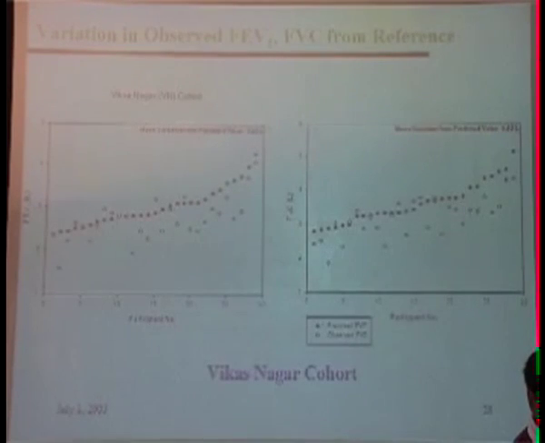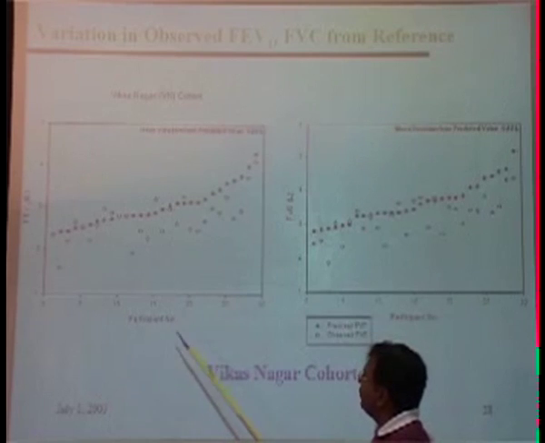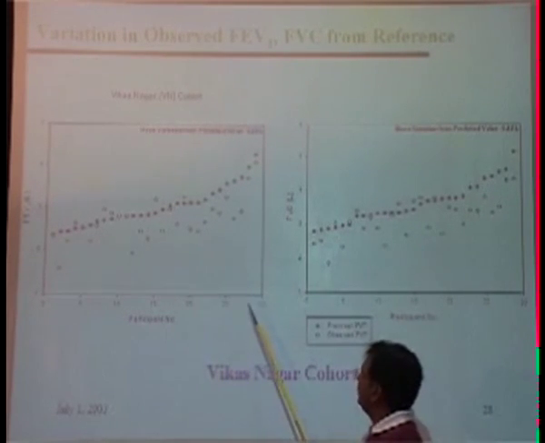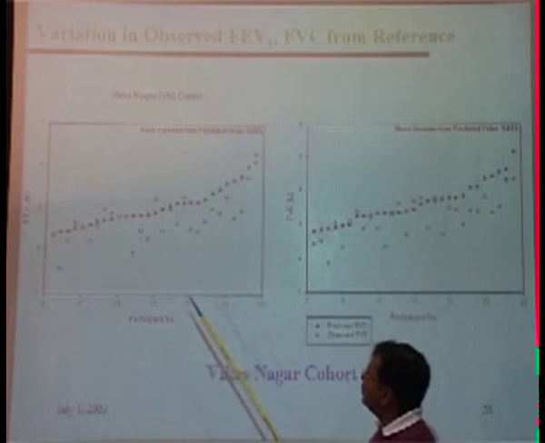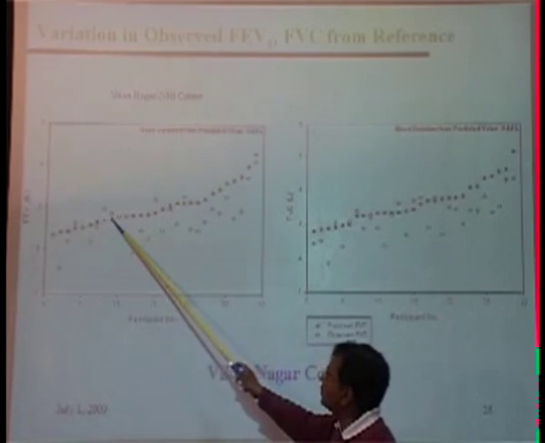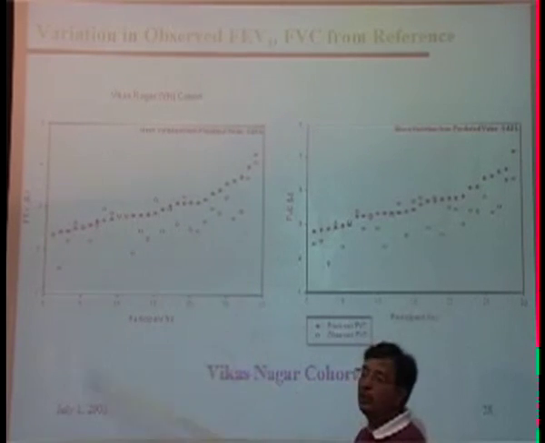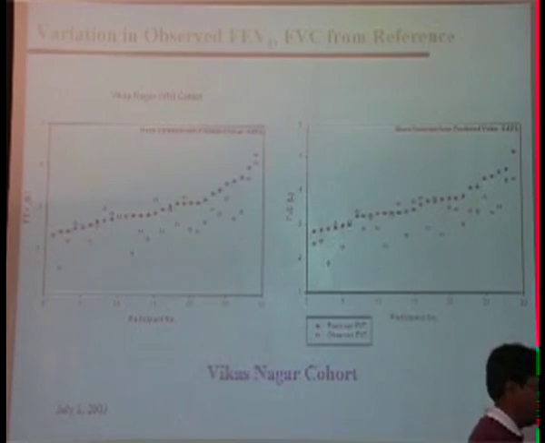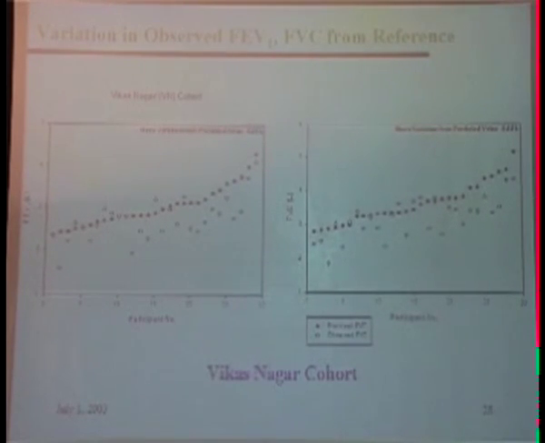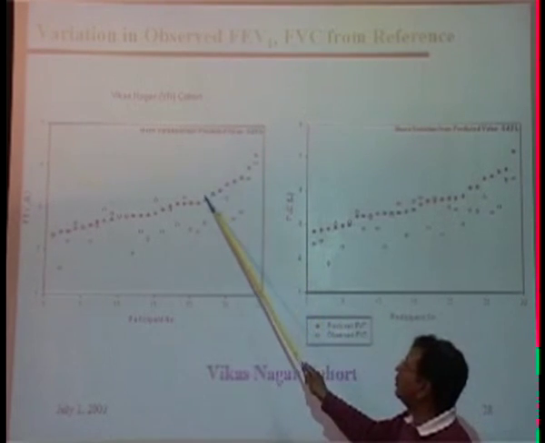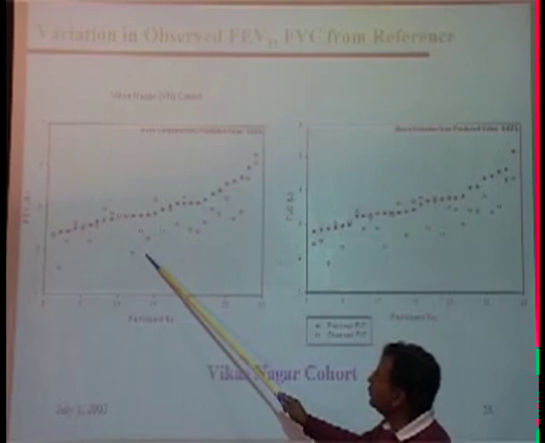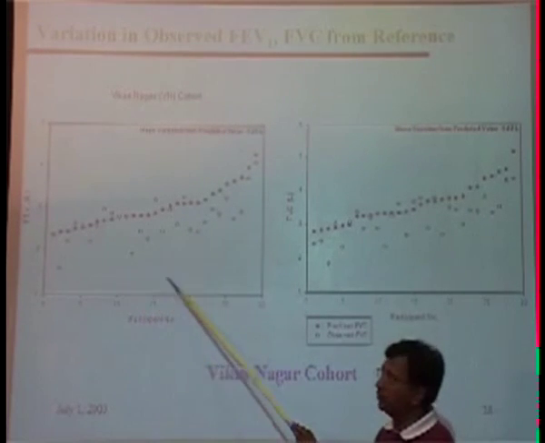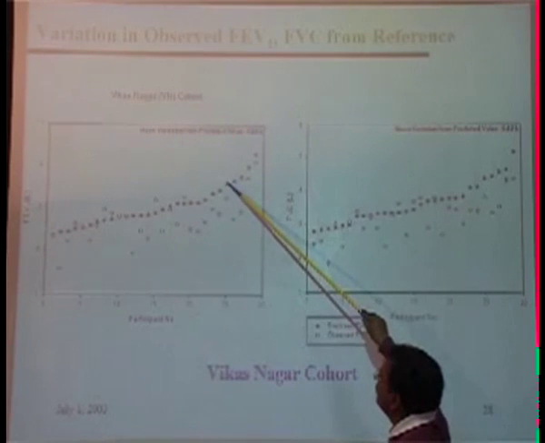The other thing which I must show you is about how the people performed in terms of the FEV1. What the student did was, about 30 people were there. So he plotted the solid spots. This is what they should actually perform based on their body weight, height, sex, and which part of the country they come from. So this is what it should be for the person. And immediately below is what the people actually performed. So there is one-to-one correspondence for everything.